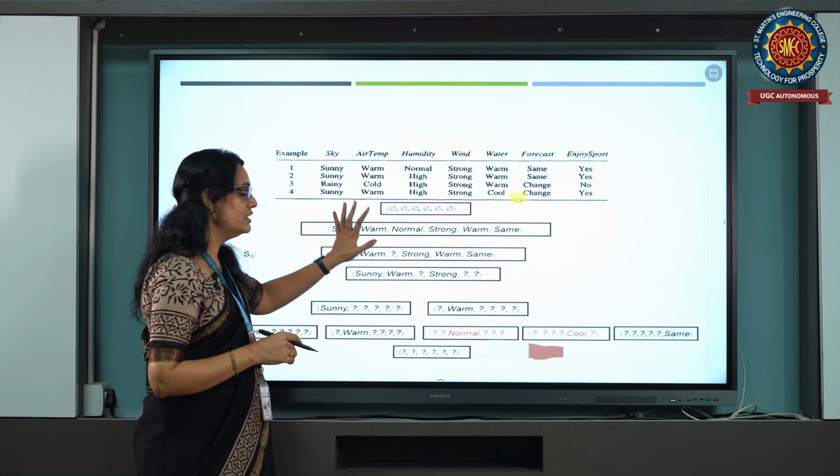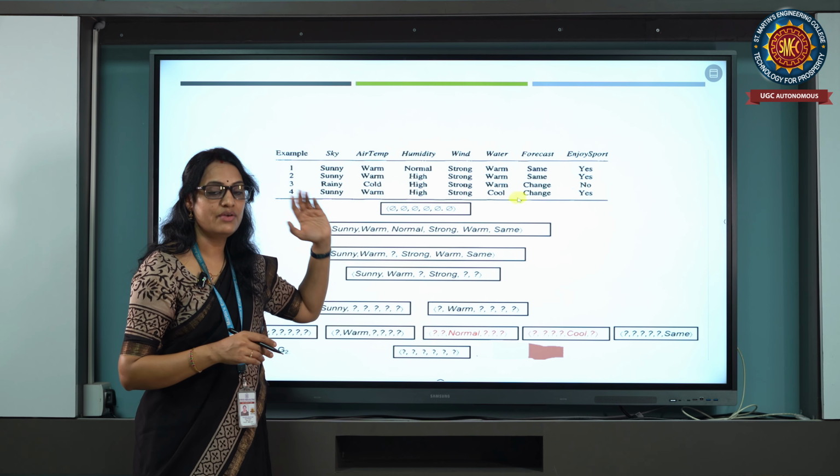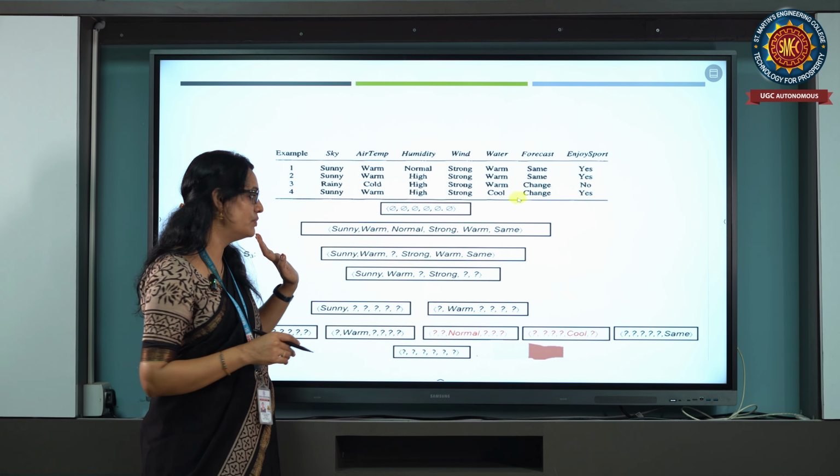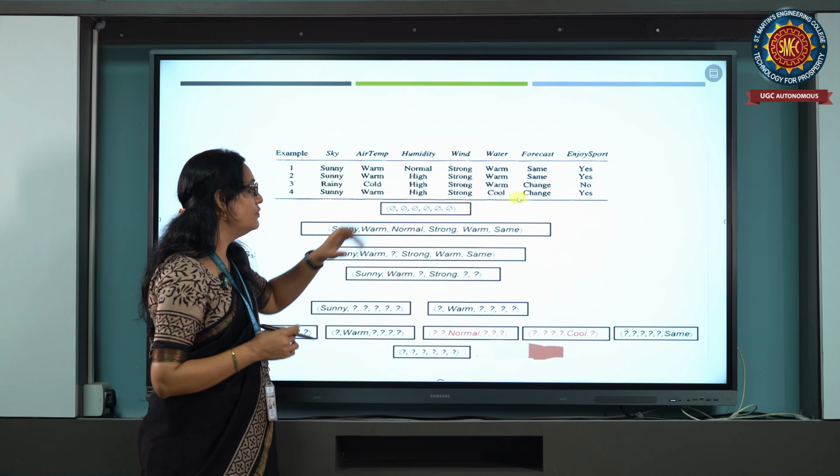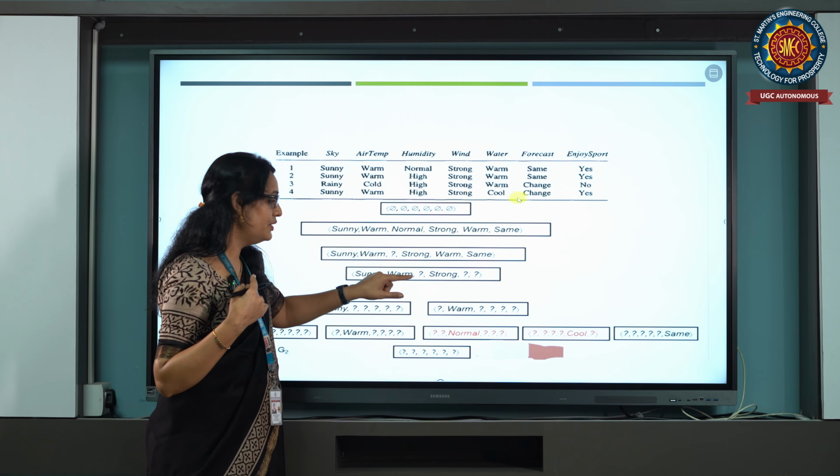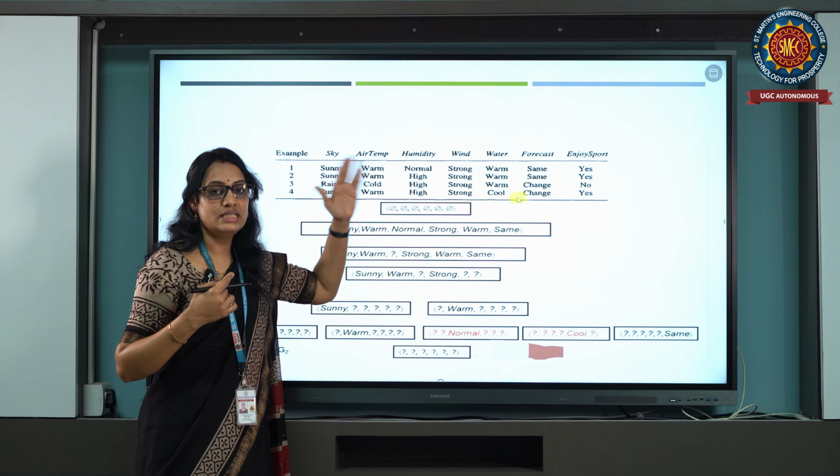The S naught values are not consistent, so I have changed it to S1. We have replaced the values with the first positive example. Second, the S2 values. What you have to do is, if any attribute is not matching, just replace that with a